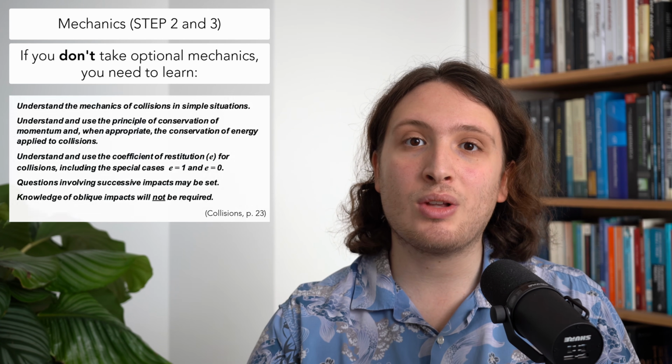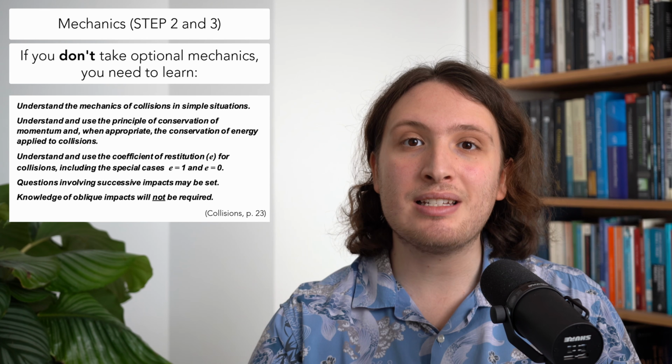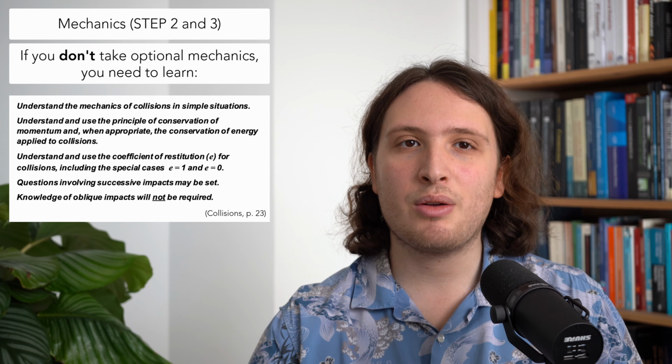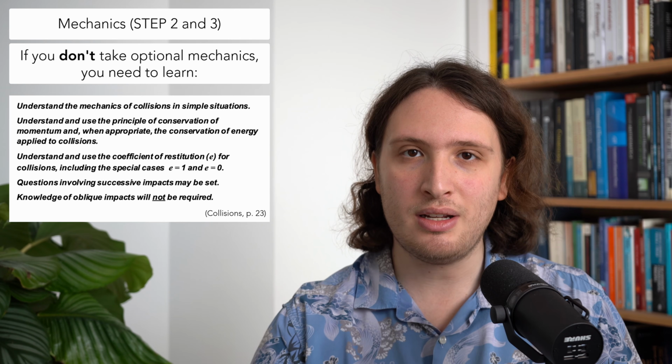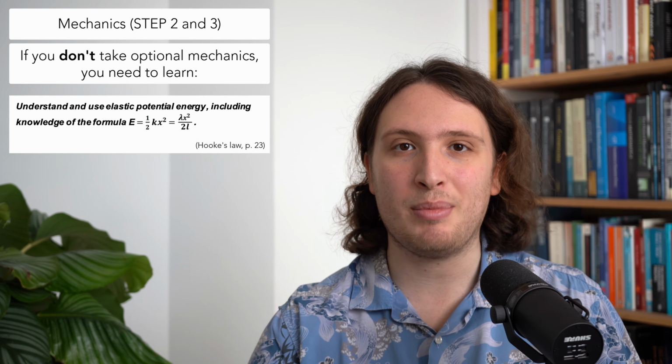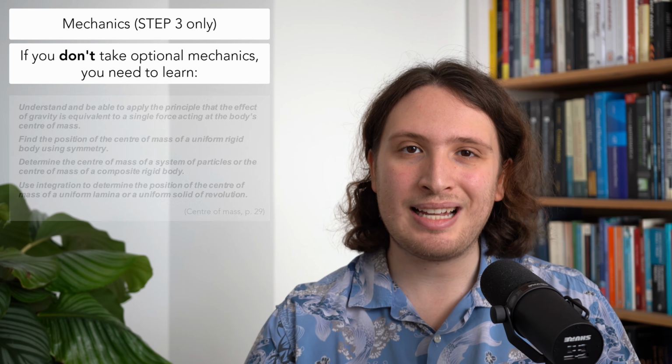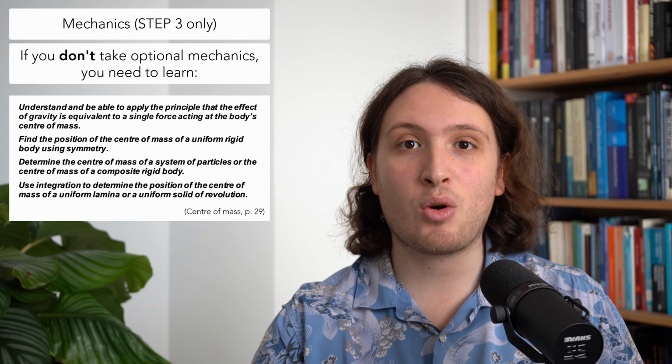There's also one-dimensional collisions, the use of conservation of momentum to solve physics problems, and also the idea of a coefficient of restitution. In terms of elasticity, you will cover Hooke's law as part of pure when you analyse simple harmonic motion, but the formula for elastic potential energy would not be covered. There are then some further knowledge gaps which apply for Step 3 only, so oblique and more advanced collisions, including more sophisticated uses of the idea of impulse, more sophisticated centre of mass computations, including those which require the use